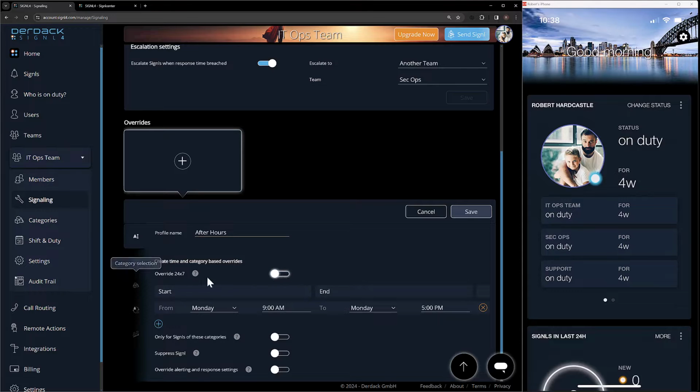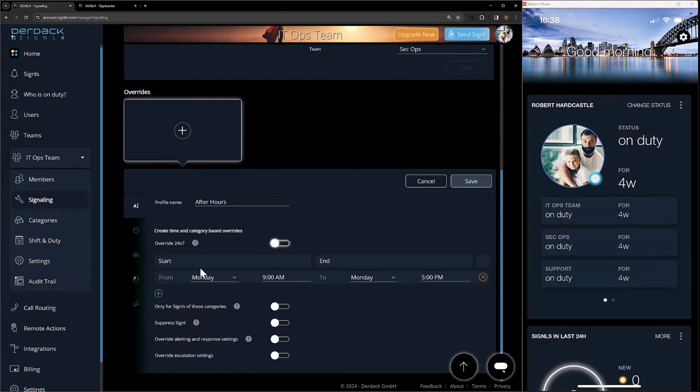So when I uncheck the 24/7 box, we'll actually see a start and end time, allowing you to select the dates to start and end. So what I want to do here is go from Monday, since this is after hours, I'm going to choose 6 p.m. to Tuesday, 9 a.m. And this means that this override is only going to apply during these hours. So from Monday, 9 a.m. to 6 p.m., this will not apply,